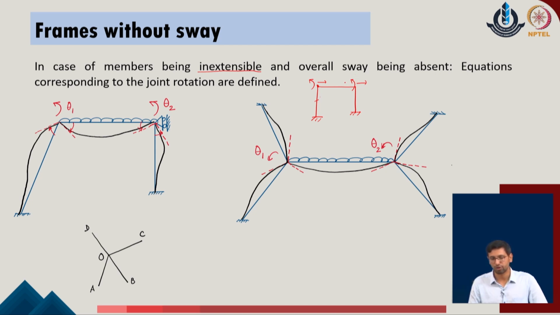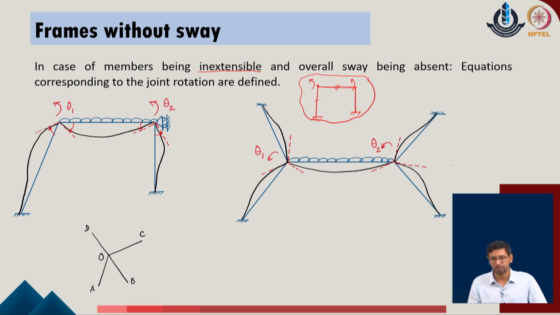Now, when it comes to the horizontal movement, we understand that if this horizontal deformation and the second horizontal deformation remain independent, they will result in a net change in the length of this given member. So, the only possibility that can be allowed is that out of these two, we have only one independent value, and that comes out as the general condition of the degrees of freedom in the given frame. We consider that this is the frame sway, which is the movement in the lateral direction.